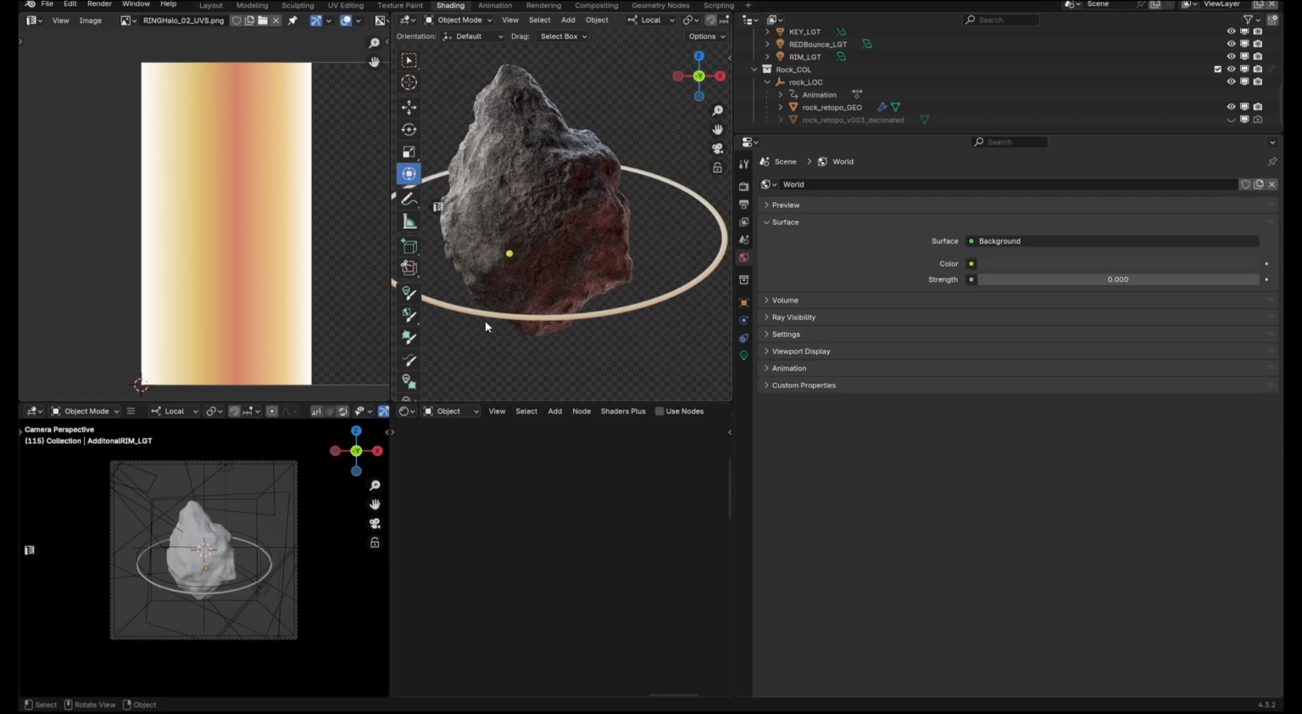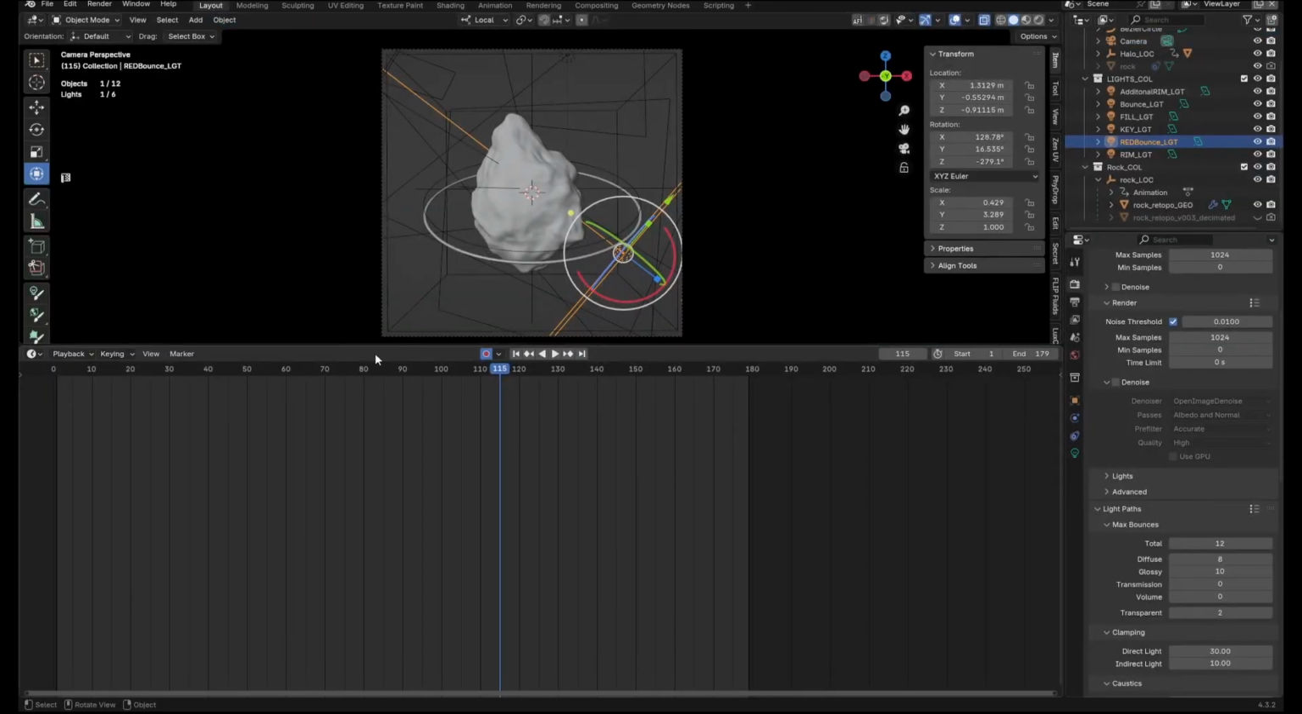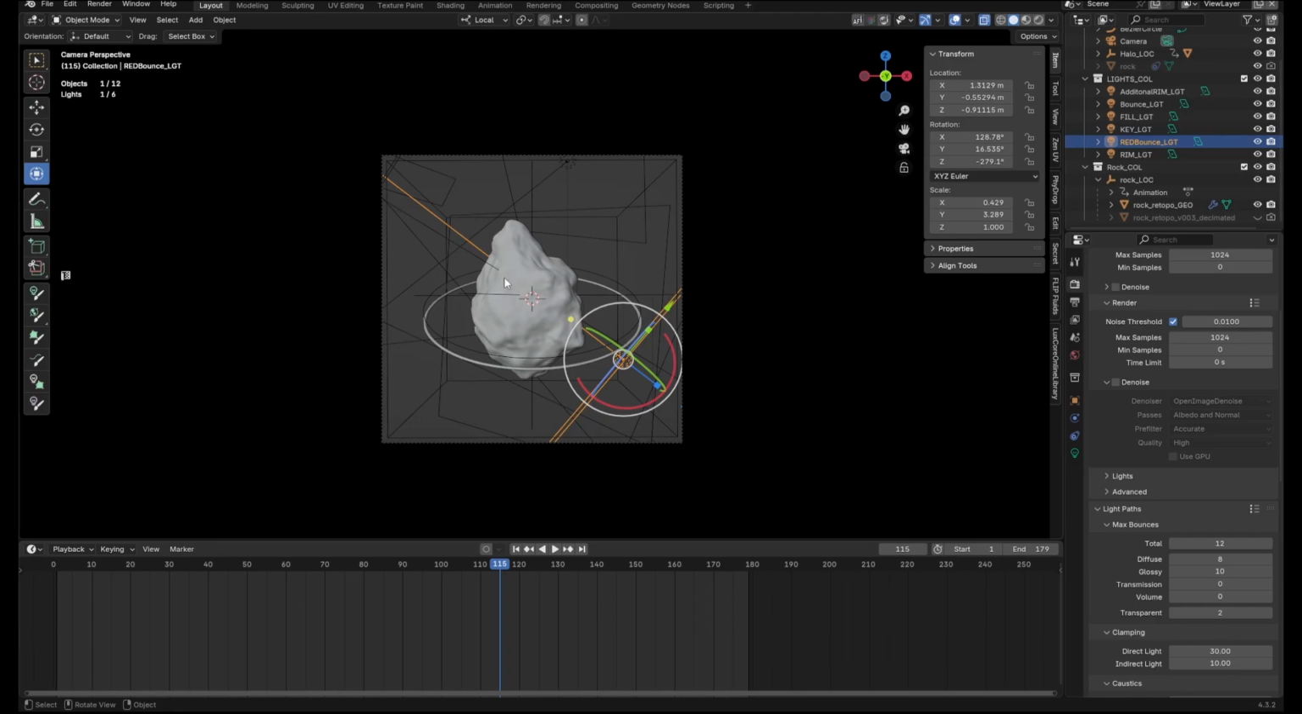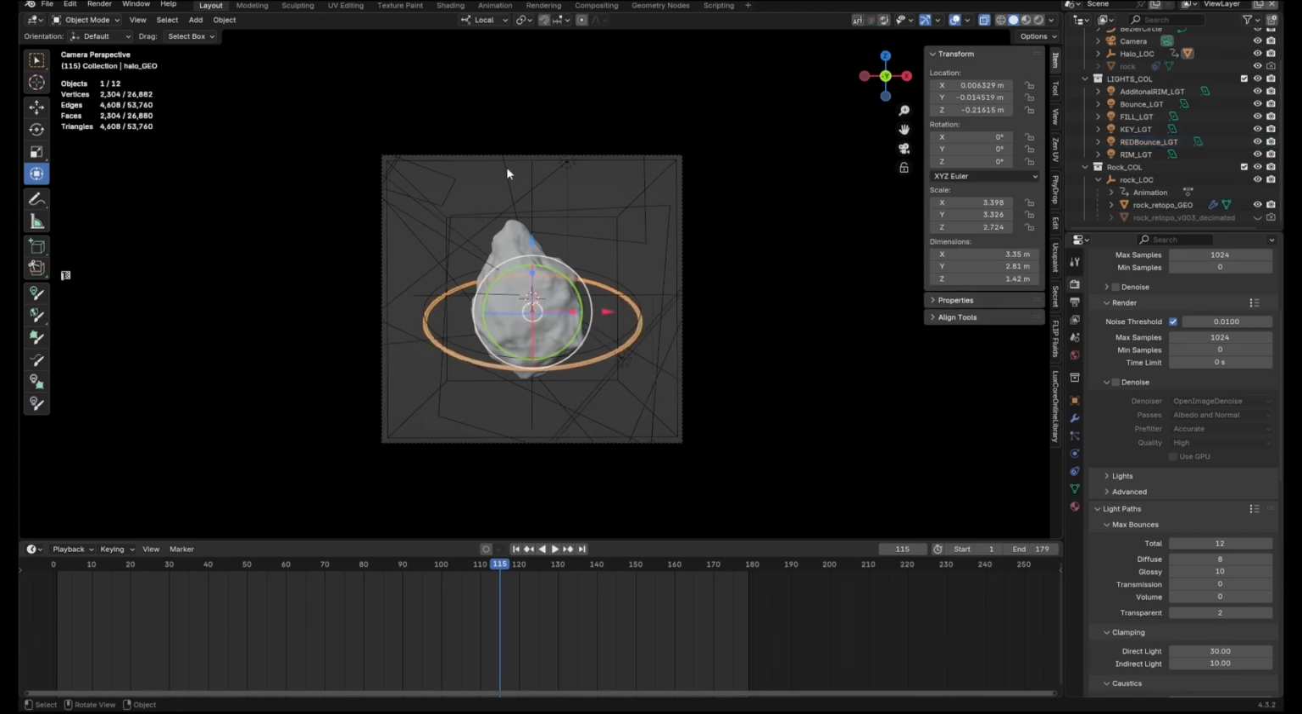So I did a little bit of animation on this. Let me go back to the main layout. Just a little bit of animation. The reason why is because I looked at the render in its static form and I was like, this is interesting, but maybe a little motion will help. And so I